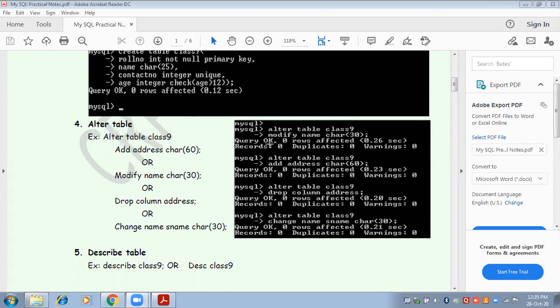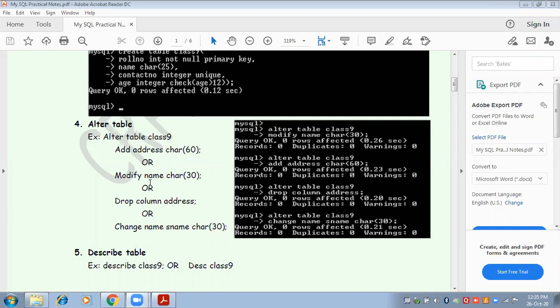So we can alter the table structure in four different ways. First is we can add a field or a column. We can drop a field or a column. Like suppose earlier I was having only four columns in my table, roll number, name, class, section, and now I wanted to add one more column, that is contact number. So I can add a column, I can delete a column. Drop means delete a column. I can delete any one column which I was having earlier, but I don't want to use now. So I can delete that.